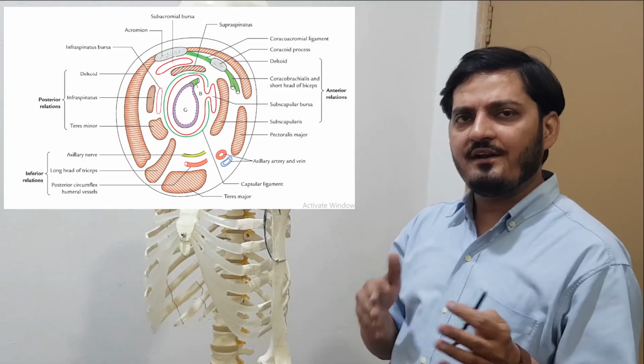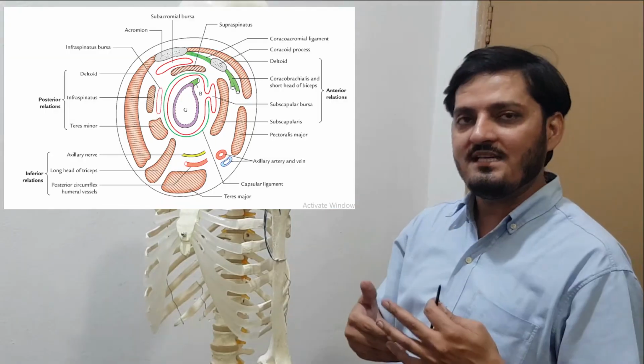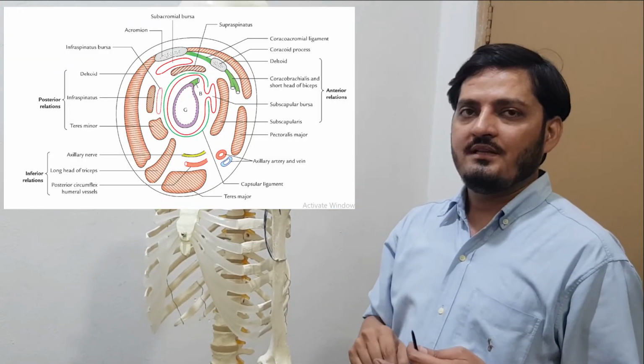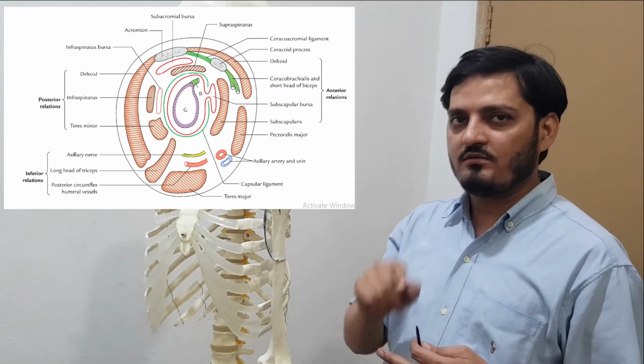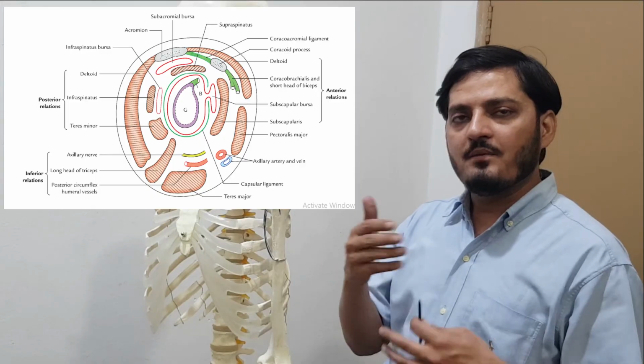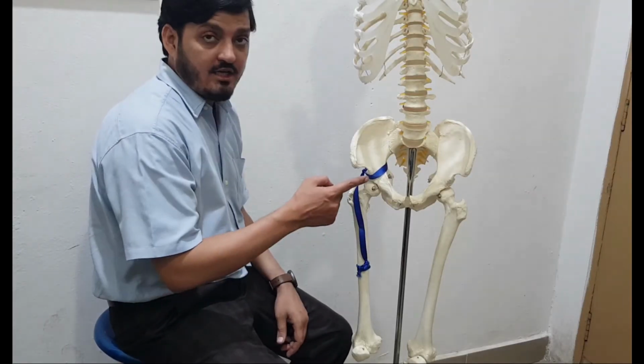So these 6 movements are related to the orientation of the muscles, how the muscles cross the joint from all sides. And in your book, there are diagrams of the cut section of the joint. The purpose of those diagrams is that you make a concept and then memorize the muscles causing that movement. Now I will show you the movement at the hip joint.